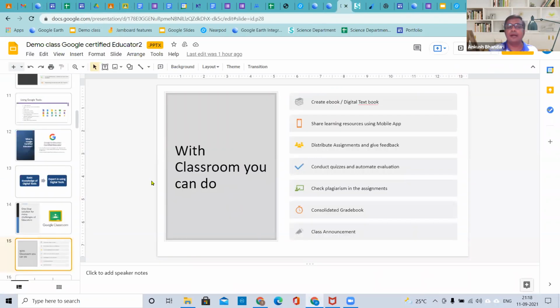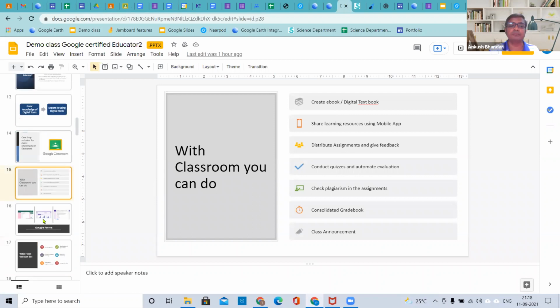So likewise, as I showed you with four tools, so many things are there in each of the tools that we, as educators, have never explored. Whatever requirement we felt, we just learned it and started delivering the classes, but we have never explored all the options which are available to us.